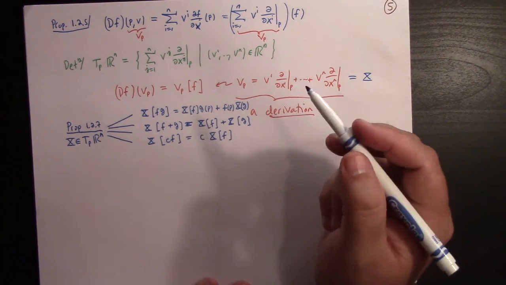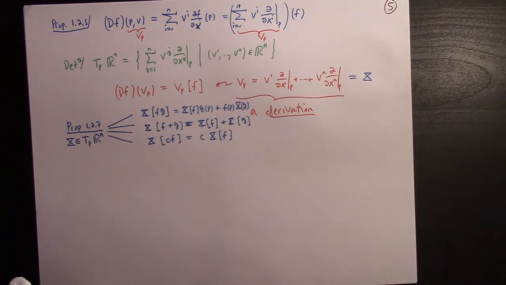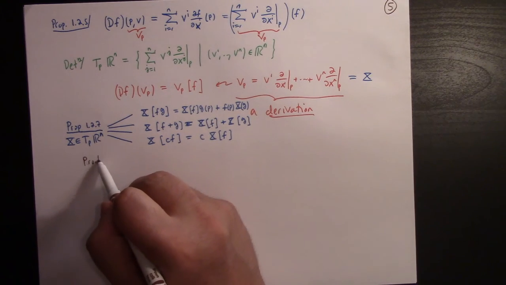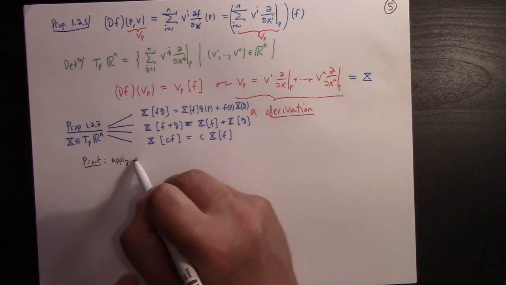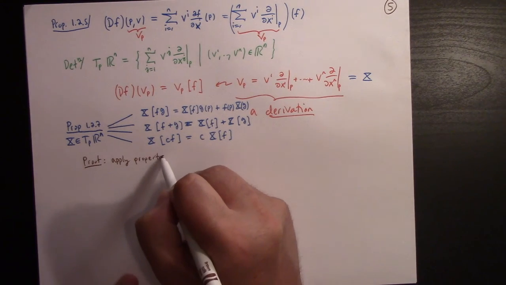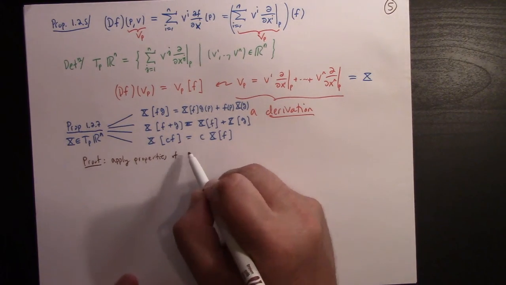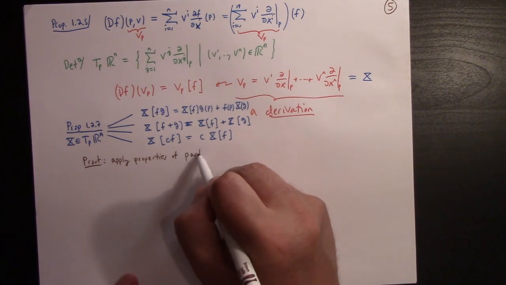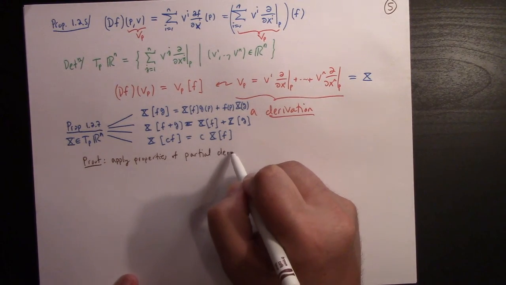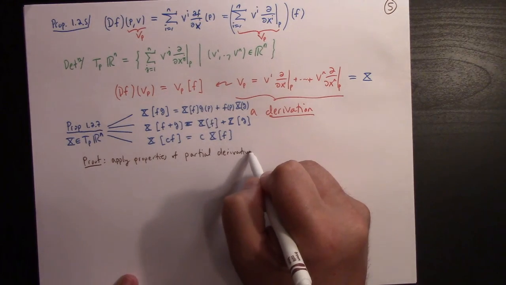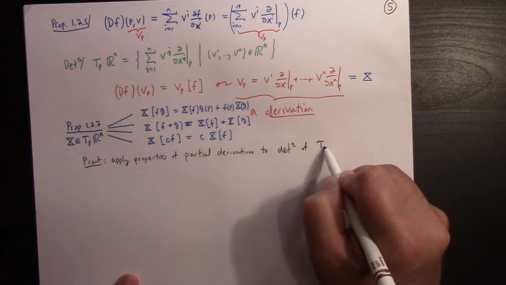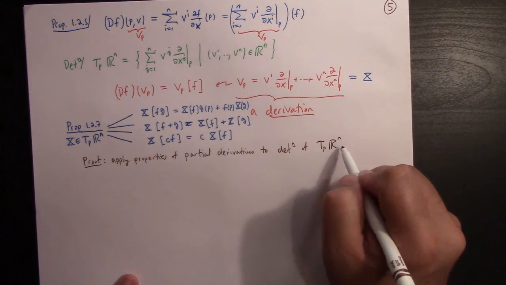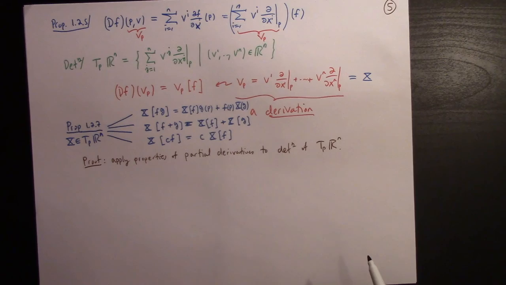And if you want, what's the proof? Well, the proof is basically just applying the properties of, you know, partial derivatives to our newfound definition of tangent space, right? So